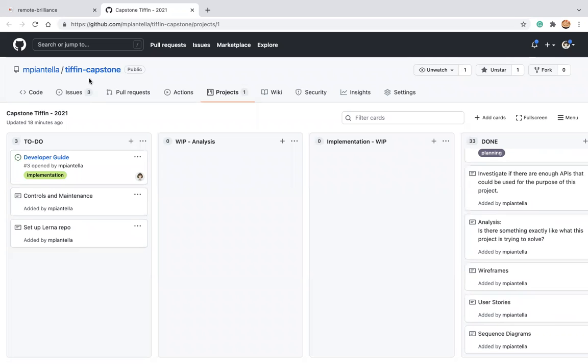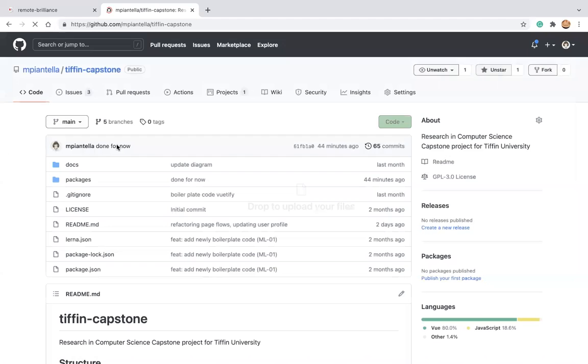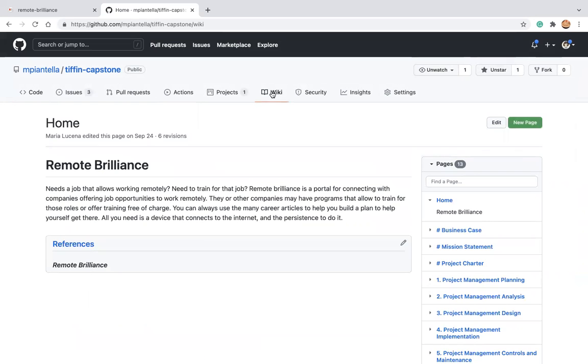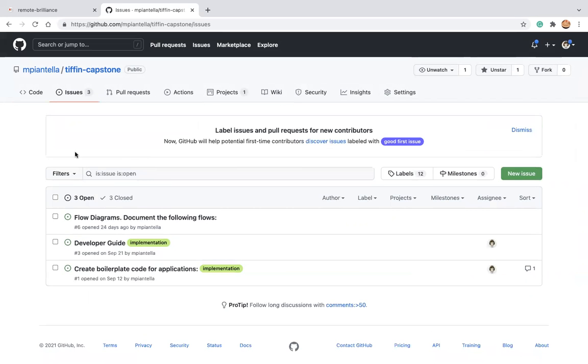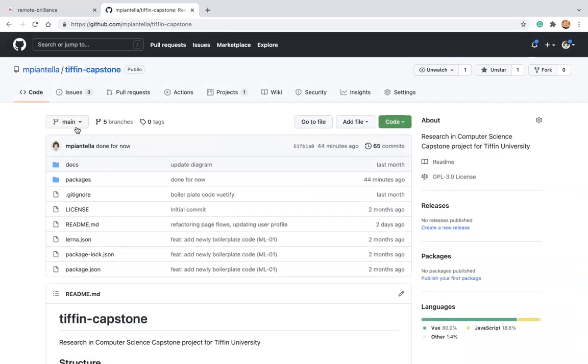And just a brief walkthrough of what this offers. You can see the code lives here, and then there is a wiki where I've documented everything I've done, all of my research, my breakdown, my planning, my diagrams, all of it is in here. And then the code base offers a view into the activities. So you can see all of the commits that I've done over the last few weeks.